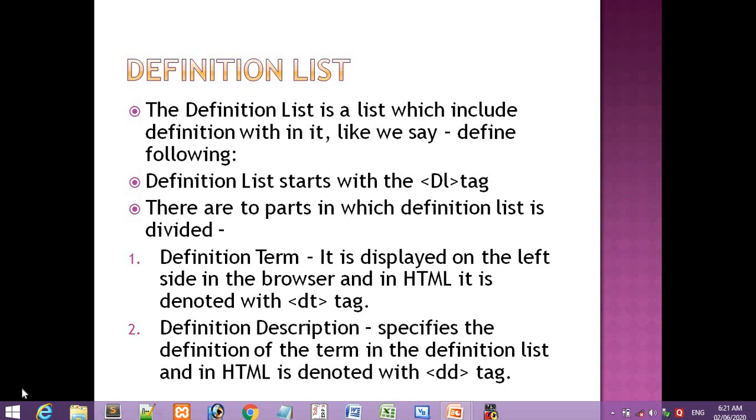Okay, so here the definition list also works in the same manner. If on our website we want to give the definition of any point, then how can we define that point in our web page? For that, the definition list element is used from the list element. So the definition list element includes a definition. What does it include? Definition. आपके बुक में होती है ना definition, like define computer. So you write the computer and below you write its definition.